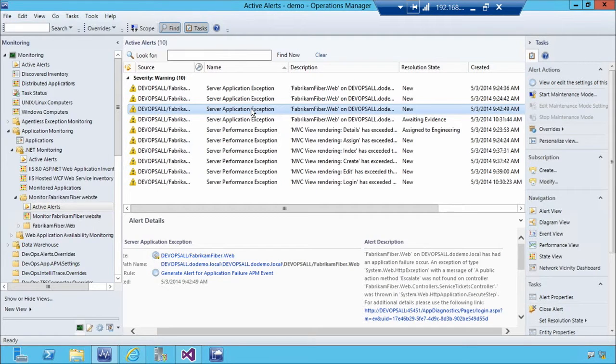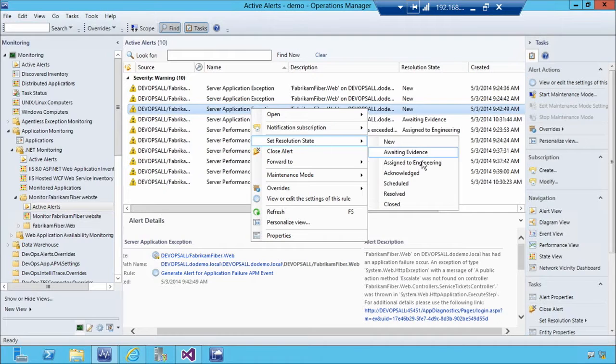your enterprise, you might have a process. Any exceptions come through for Fabricam fiber, right-click, move that straight away and assign it to engineering. Or you might have one or two lines of support personnel that might go through first before you hand it across to the development. Either way, the process is you have to take this alert and assign it across to